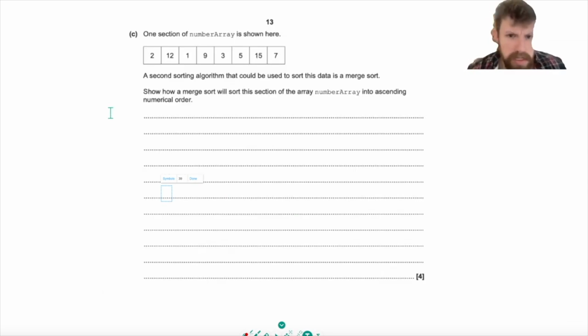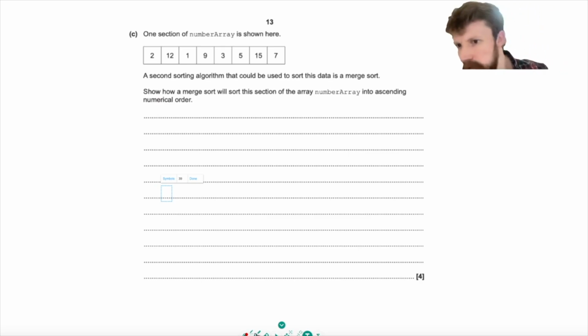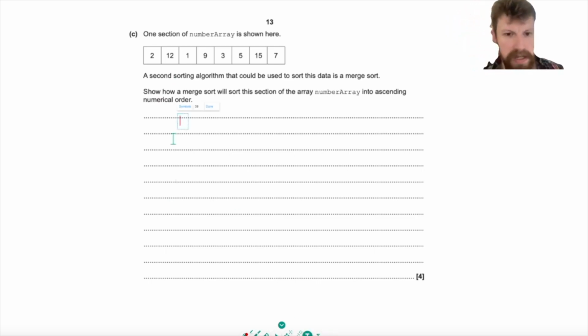Okay, so we've got a section here which is going to be about merge sort. It says show how merge sort will sort this section. I would probably put descriptions, and I would put the numbers in the order in which it goes. So with all of this, I would say split all of the items